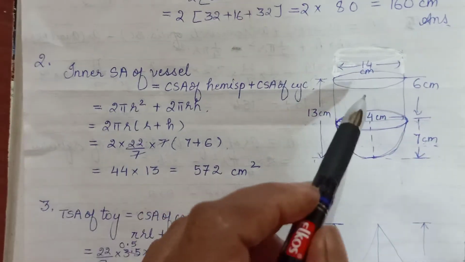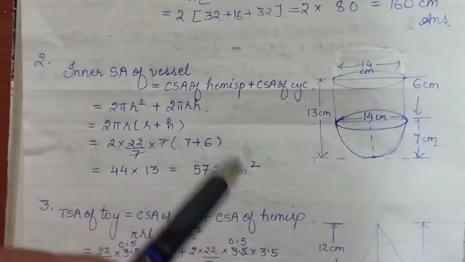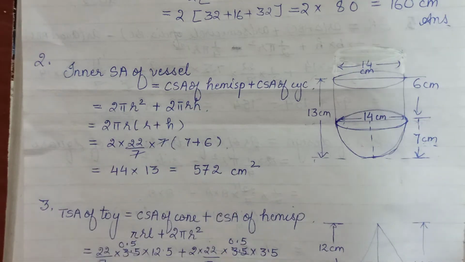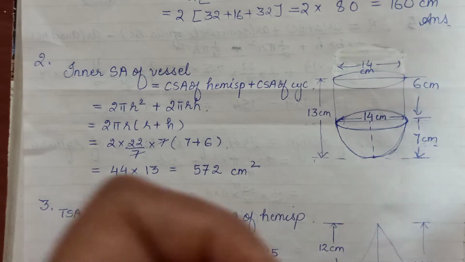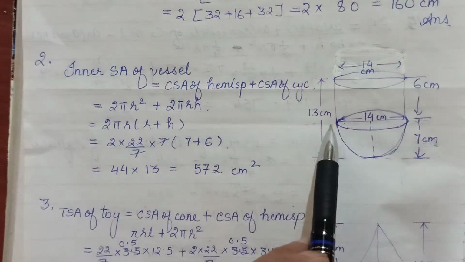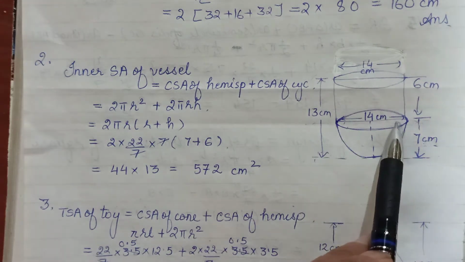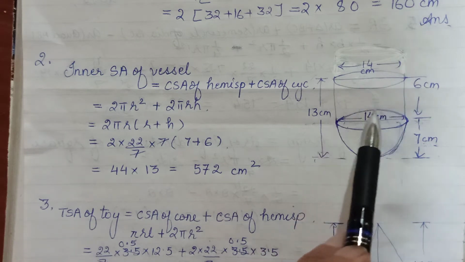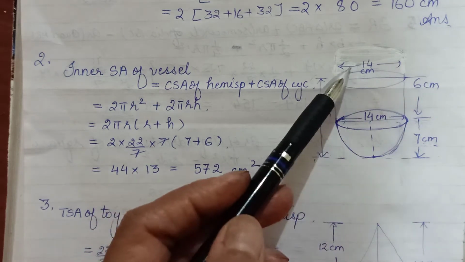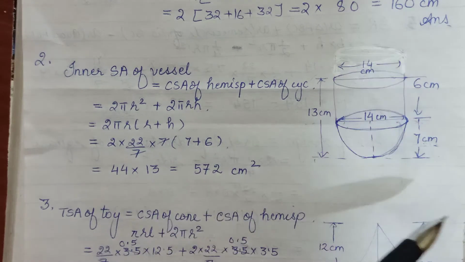Clear? Now CSA, inner CSA, surface area क्या होता है? जो आपको दिख रहा होता है, what you can see, what you can touch, feel. Okay, all that is CSA, जो दिखेगा हमें. तो आपको क्या दिखेगा? एक तो आपको दिखेगा ये hemisphere का curved surface, फिर आपको cylinder का curved surface दिखेगा. It's hollow na. Okay, so it would be open from here, right.